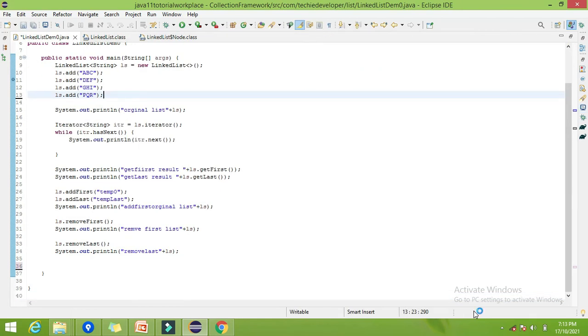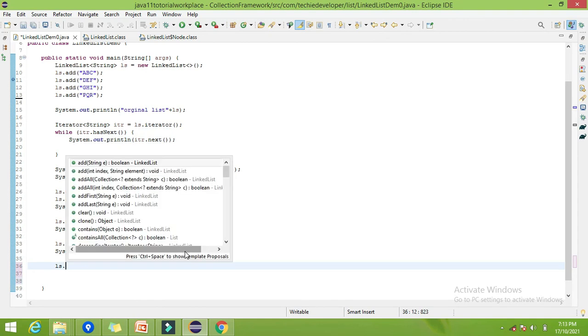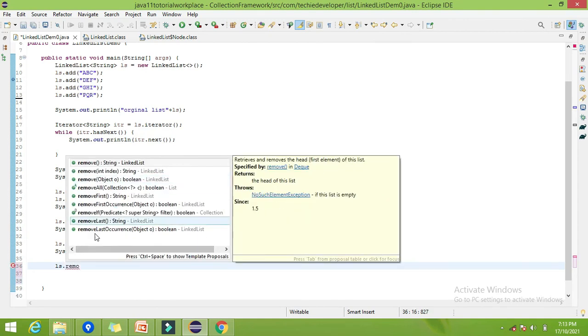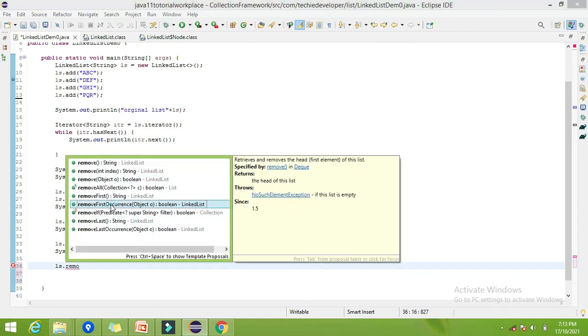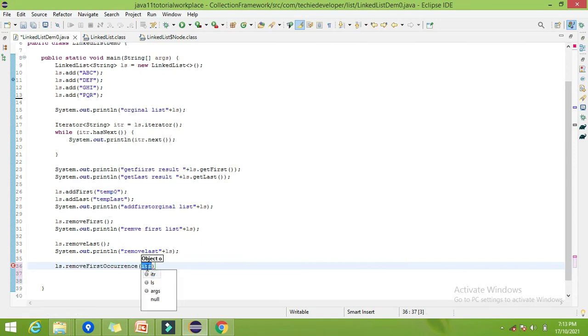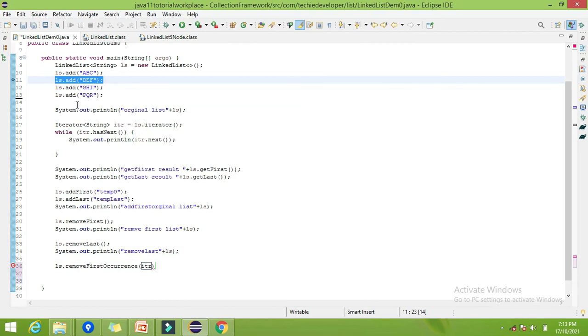So the next method is removeFirstOccurrence. ls.removeFirstOccurrence, which takes the element. Now let me try to add duplicates here. Let's try to add the def two times. So now I have the def two times, one at the second position and one at the last position. Now I want to remove the def at the first position only.